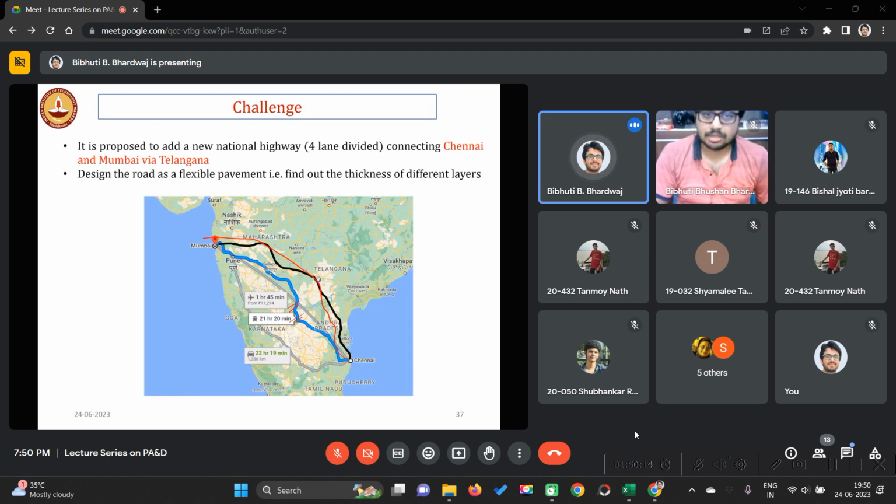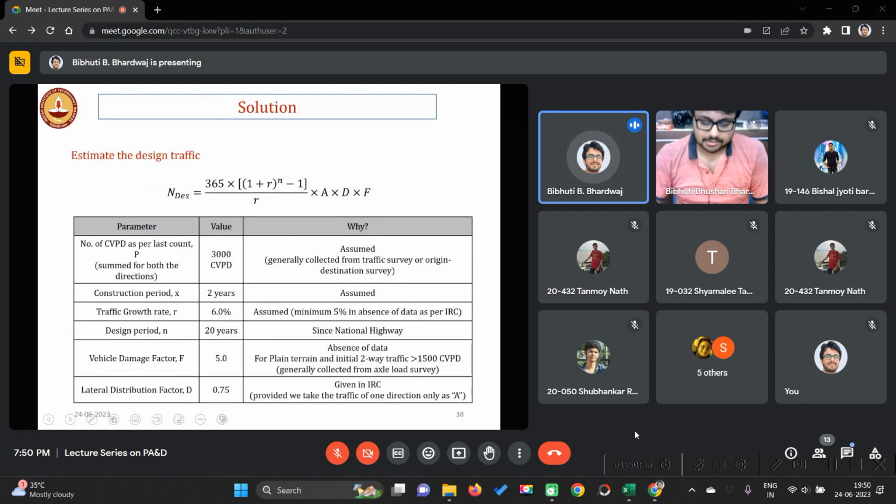How will you start designing? Okay, so design the road, flexible pavement, finding out different thickness of, that means find out the thickness of different layers. So we will do that, let's do. So the first step is what, to find out the design traffic. You should know for how much traffic you are going to design. All right, so how